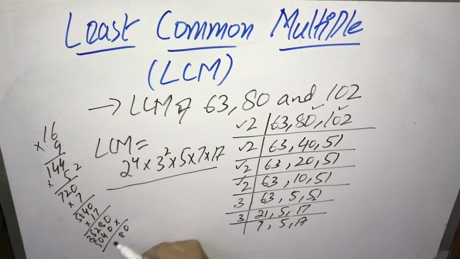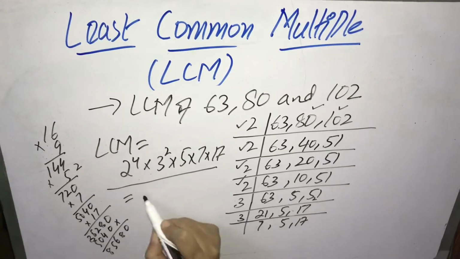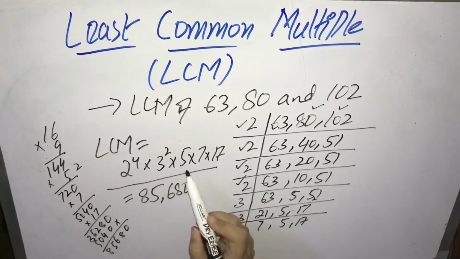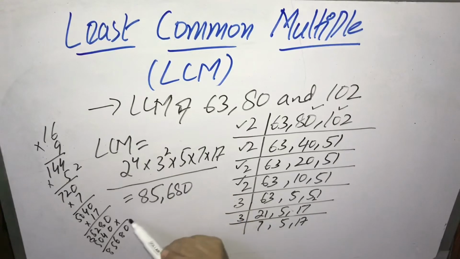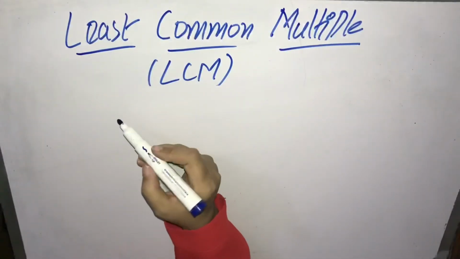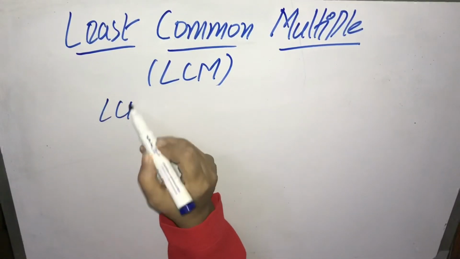My final answer is 85680. I can leave my answer as it is, and I can also have the answer in this form. One more example, LCM of